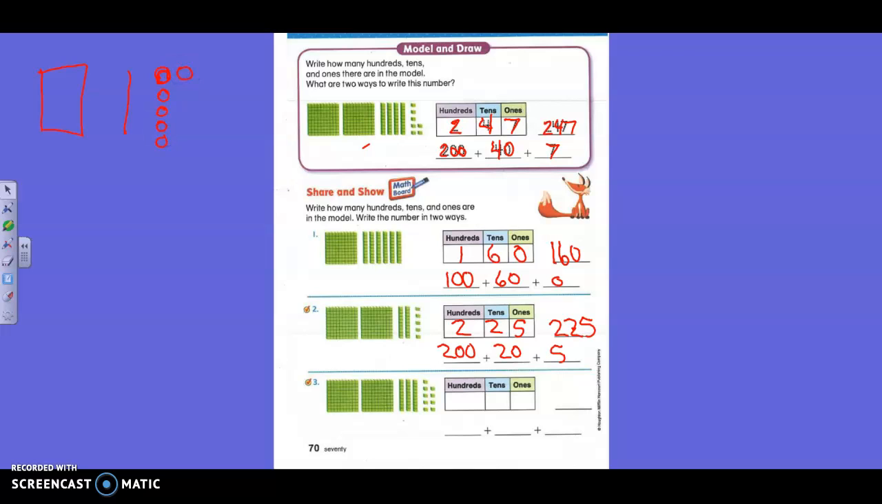Okay. How would I write this number? 100. 1. 6. What is that number? 113. Okay, but now if I did this in expanded form, boys and girls,